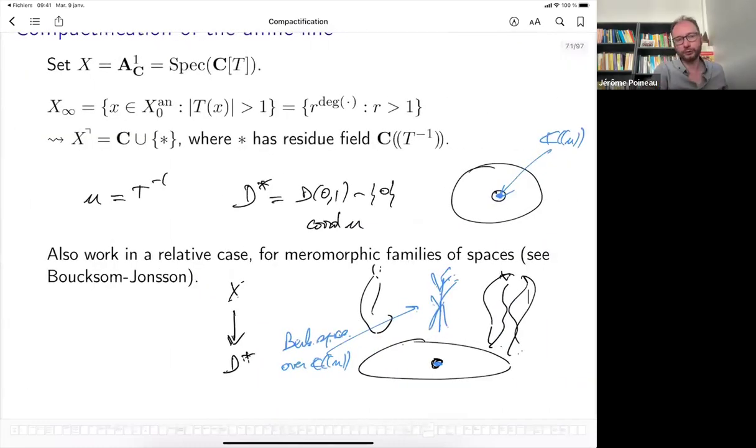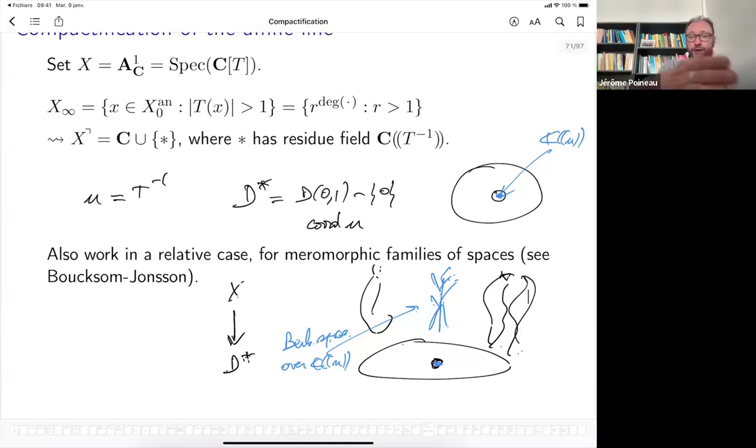If you look at a meromorphic family of spaces with some meromorphic singularity, maybe you can, but there's no unique way to compactify the family over the disk with the point added. Okay, you just have one fiber, but what are you going to say about it?